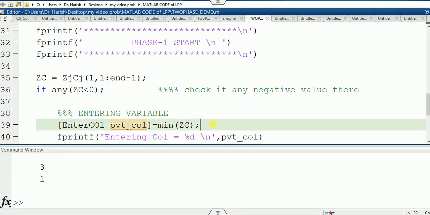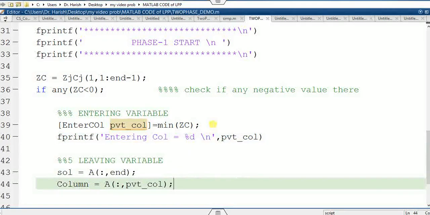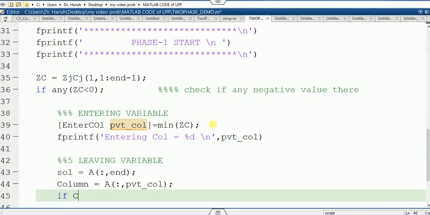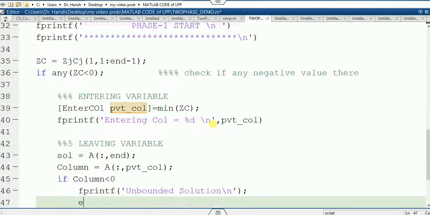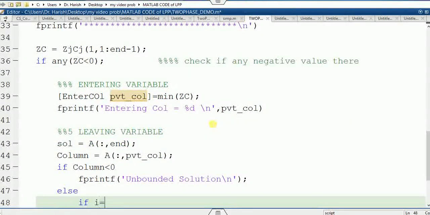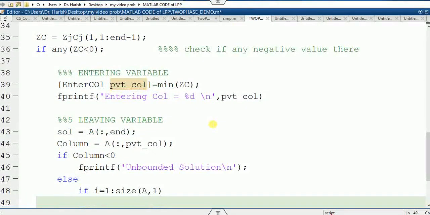Now you have to find the ratio only for those variables whose value is positive. So you have to put the condition: if columns are less than 0, then you have to print, what will happen, this is my unbounded solution. Else, you will check for each one, from 1 to size of a, comma 1, for each row.